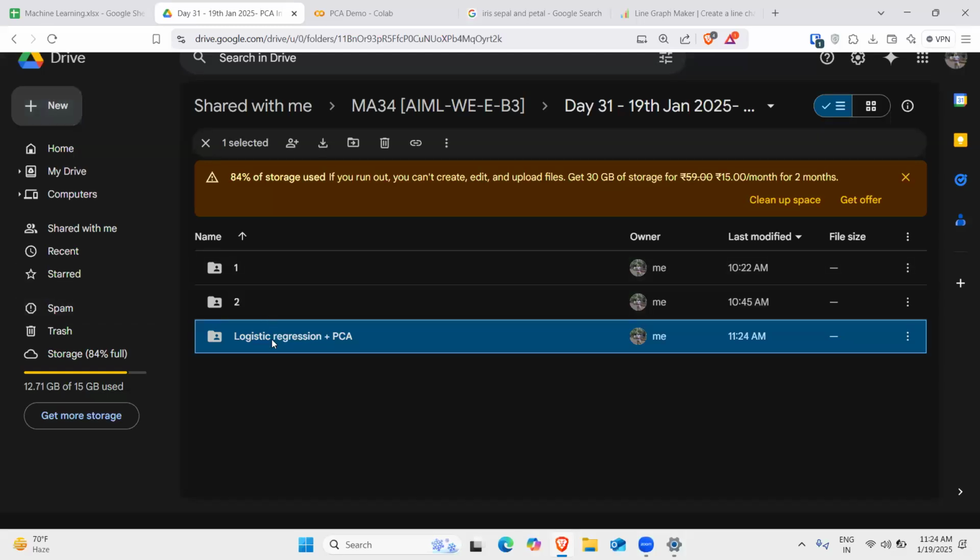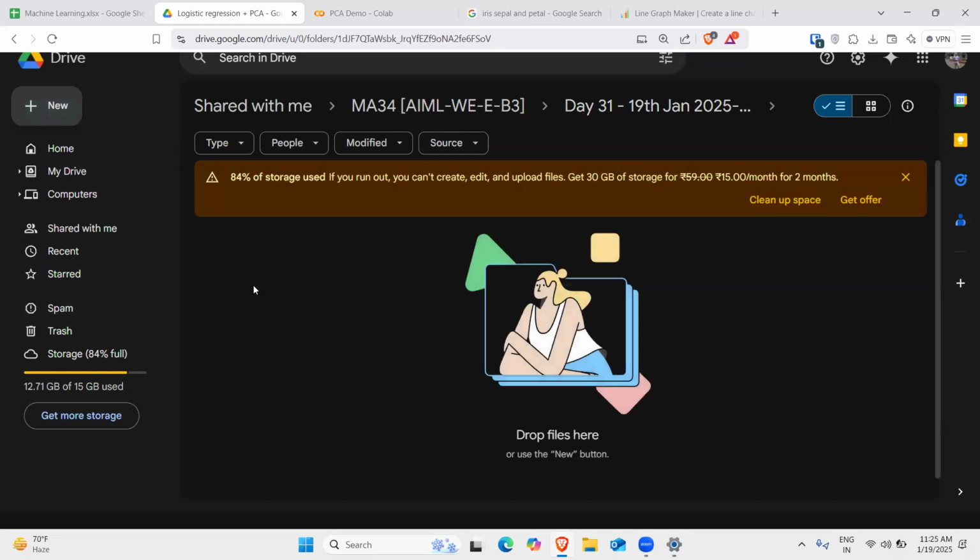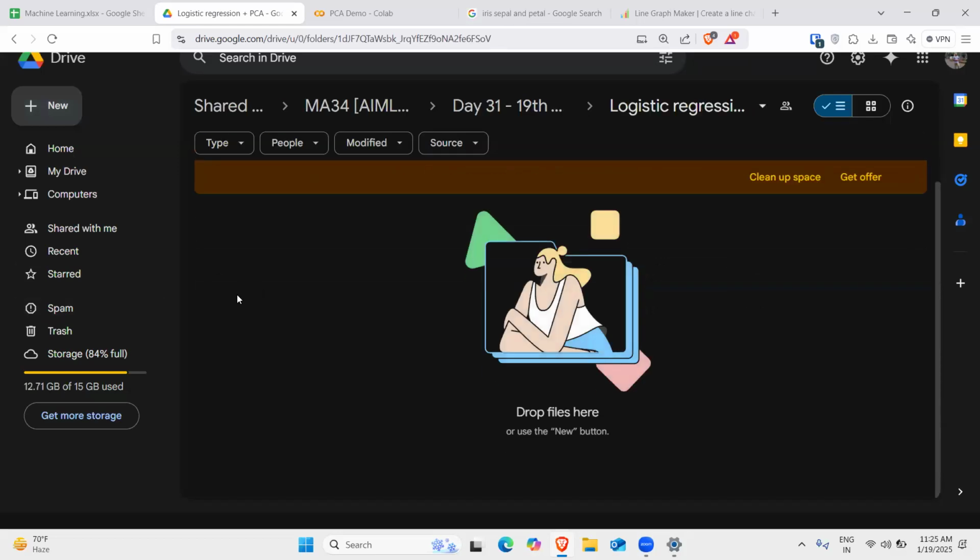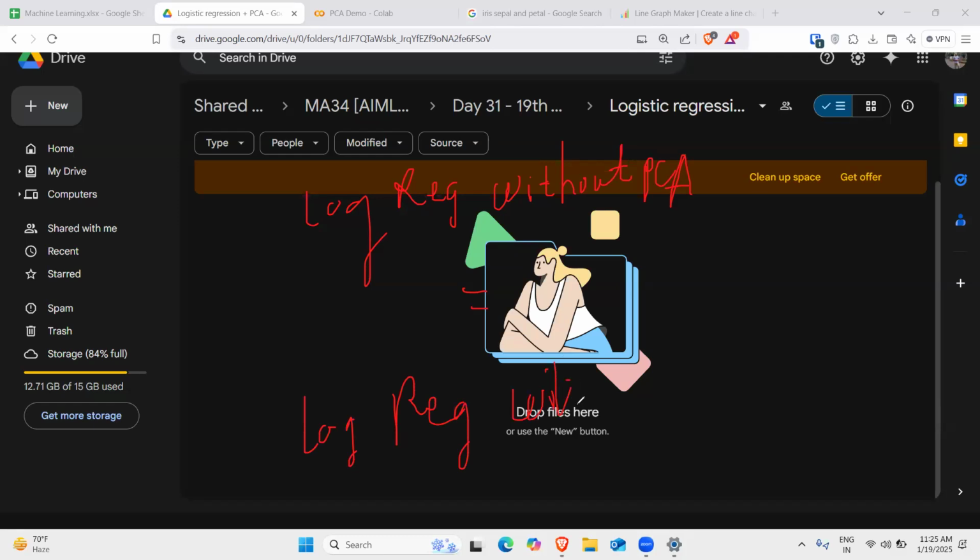So in the logistic regression model itself, I'm going to use PCA to improve the model performance. We'll compare the performance of the logistic regression model without PCA with the logistic regression model with PCA,